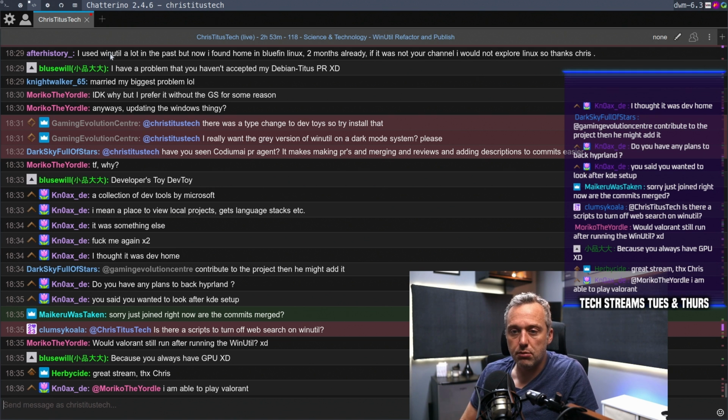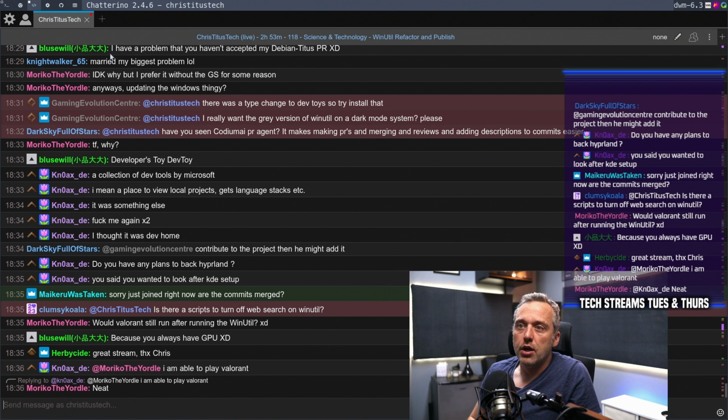Yeah, all the commits are merged. Everything's done. We got a new fresh test branch. We are all done, and the refactor was successful, and so were all the pull requests. So thank you to anybody that contributed. Much appreciated. The project just keeps getting better and better, and hopefully faster and faster too,